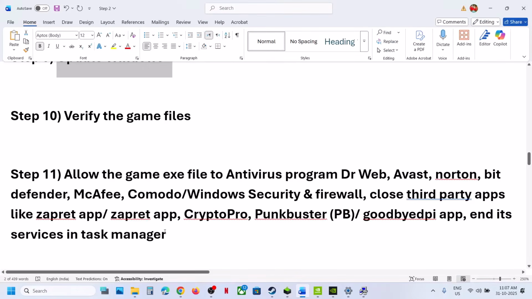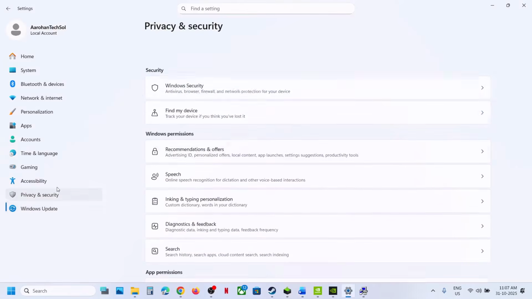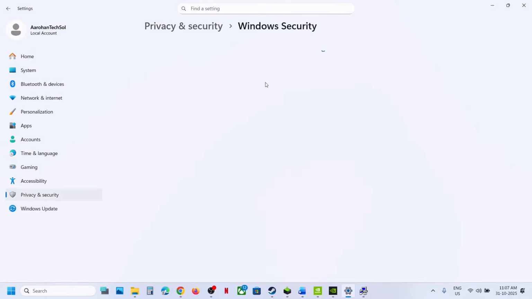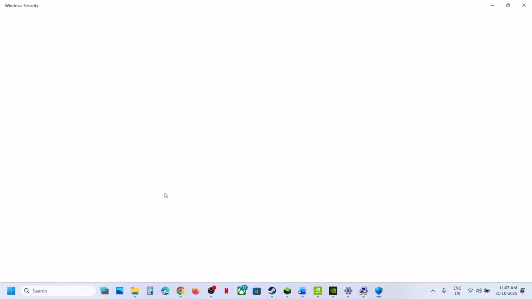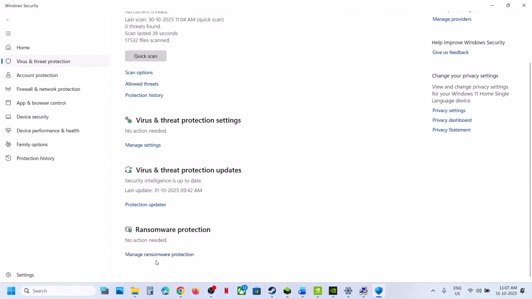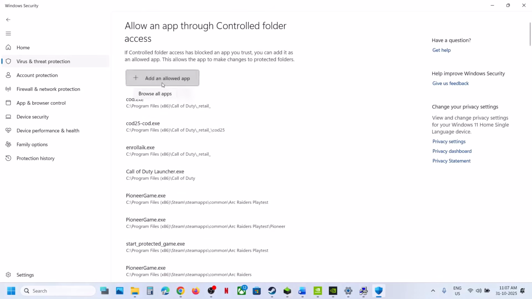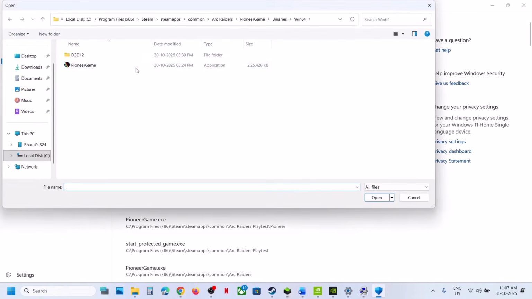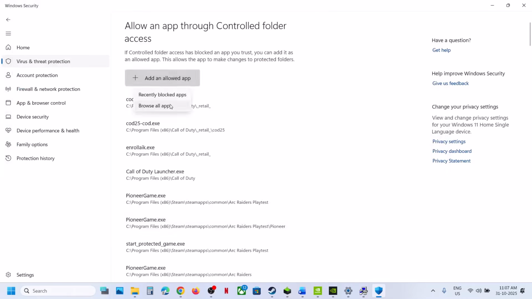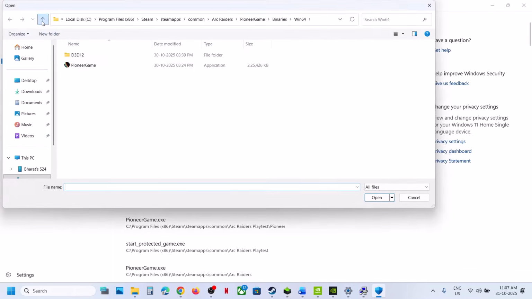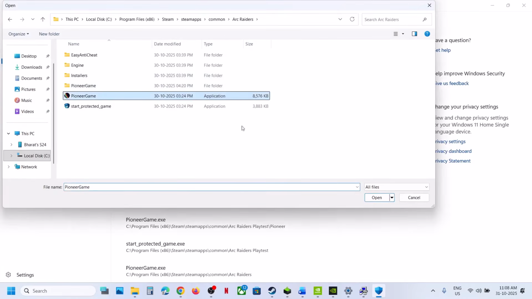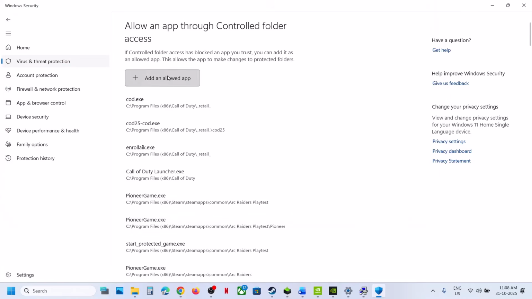If you're using Windows security, go to privacy and security, Windows security, virus and threat protection. Scroll down at the bottom, you will see manage ransomware protection. Click on it, click on allow an app through controlled folder access, click on yes to allow, add an allowed app, browse all apps. Go to the game installation folder, select the game exe file, all the exe files. Select these two exe files as well, this one as well,